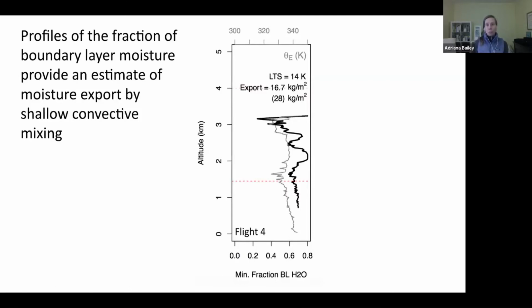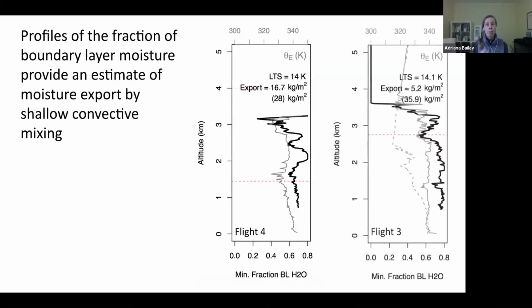Now, I was able to do this for most of the flights so far, but I will point out that there is some sensitivity in the result to your choice of the boundary layer height. Of course, it depends on where you define the minimum in theta E or if you use some other metric. But there's also the case where for certain flights, like Flight 3, which is shown now on the right-hand side, there are actual differences between the different observations in where that minimum theta E actually occurs.